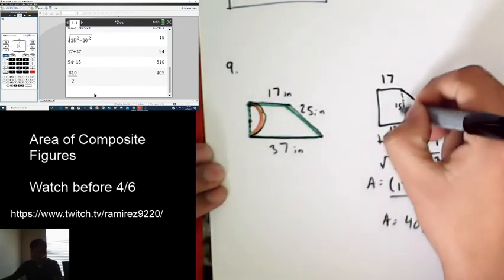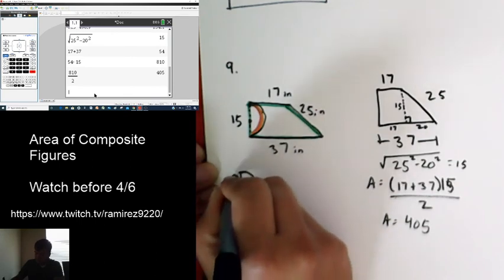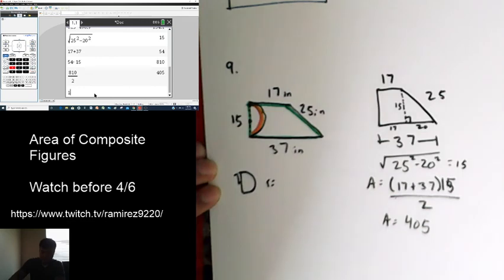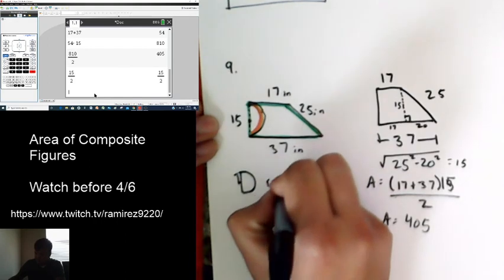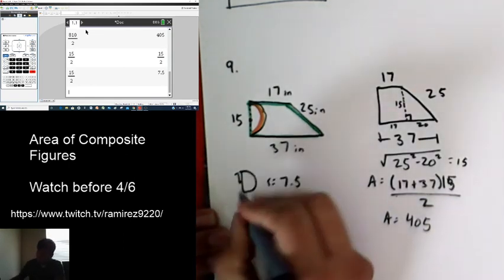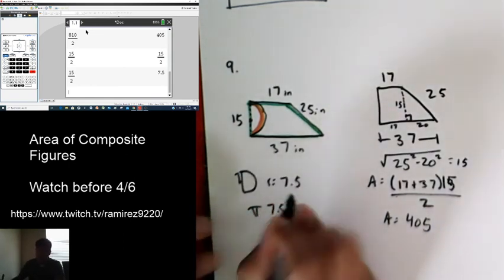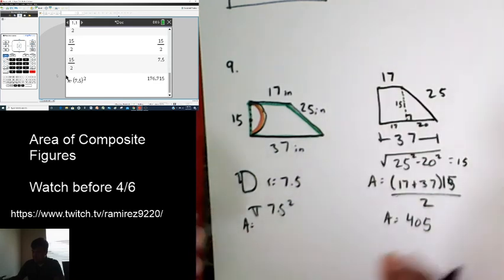Now that we know this was 15, we know this is 15. So when I'm finding the area of the semicircle, my radius is half of that. Okay, and half of 15 is 7.5. And again, I recommend when using the calculator, even if you're at school, just press Control Enter, it takes care of it. So pi times 7.5 squared, this area here is